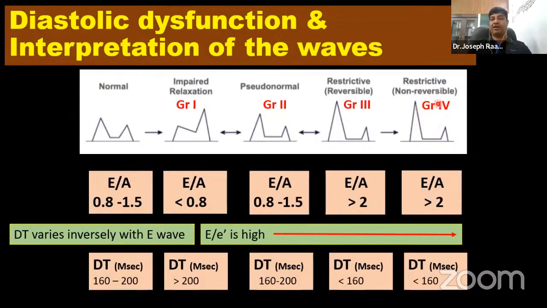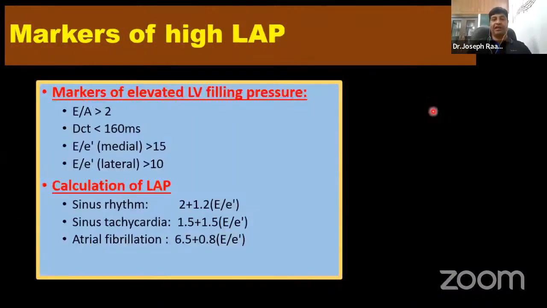That's the most important part of the diastolic assessment of the diastolic dysfunction. So these are all the certain markers where you can know that your LA pressures are very high. As already told, basically a grade 4 diastolic dysfunction: if the E by A is more than 2, or the DCT is less than 160 milliseconds, and then your E by E dash ratio, if it is on the medial, that is septal, is more than 15, or E by E dash is more than 10 in the